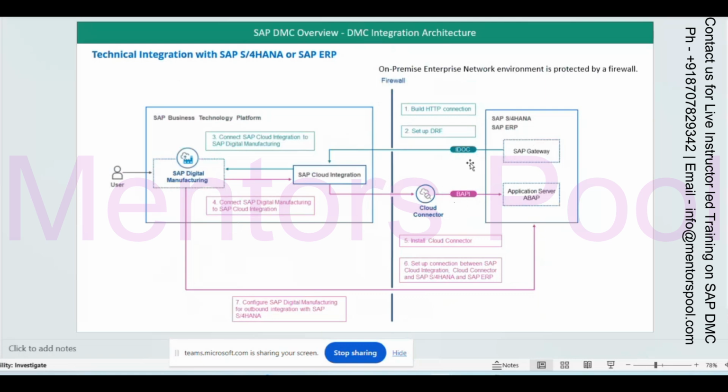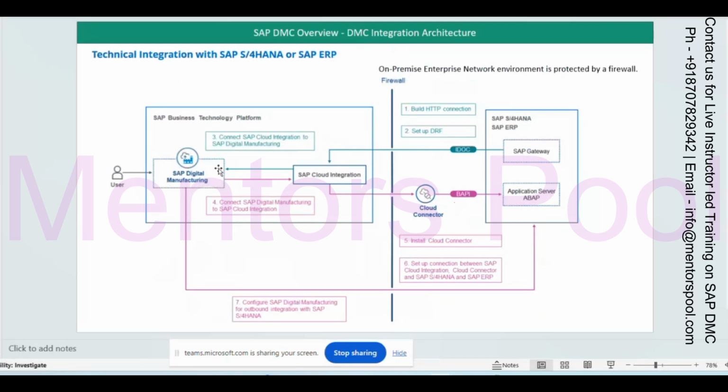How does the communication happen from the S/4HANA ERP system? It comes to SAP Cloud Integration, CPI. The integration happens and the communication happens through IDOC, and then it goes and updates into digital manufacturing.